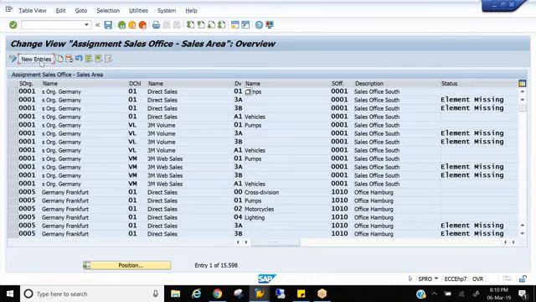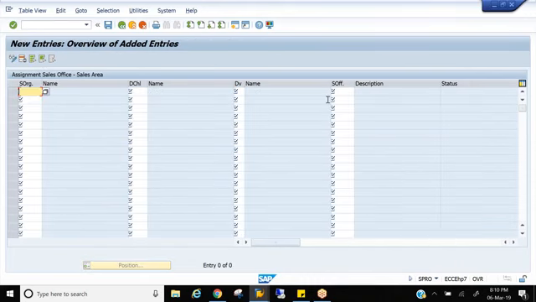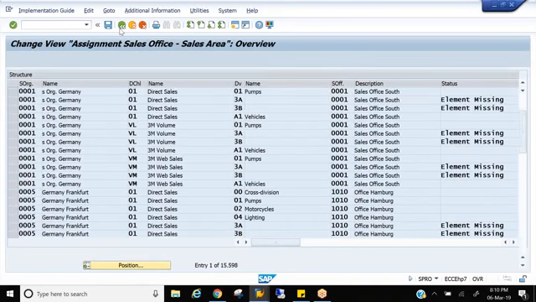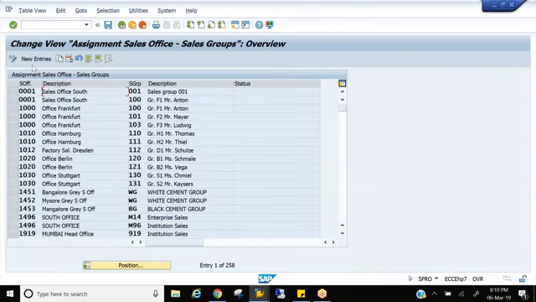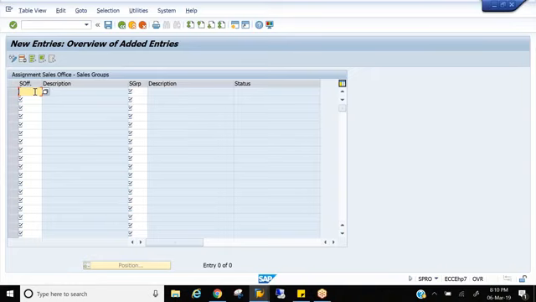So go to new entries and mention your sales area and sales office. Save it and come back. Then next, you need to put sales group under the sales office, right? So go here, new entries, select your sales office and mention your sales group. Save it and come back.